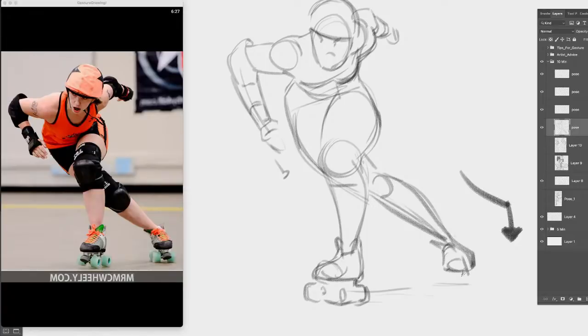Right, so now I'm gonna go and add the rest of the skate. Look, I'm not drawing every wheel separately. I'm just trying to read the silhouette. It helps me to do that instead of focusing on one wheel at a time. Just try to find the silhouette of it, right? Silhouette is very important. It tells us a lot. Plus construction, plus how to draw legs and anatomy. One thing informs the other, and all of them come together to make a great drawing,